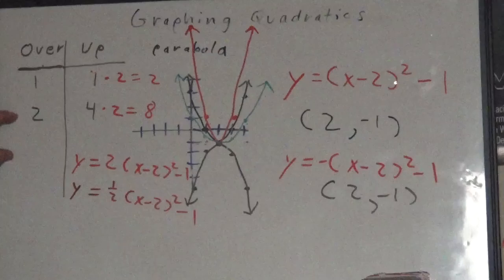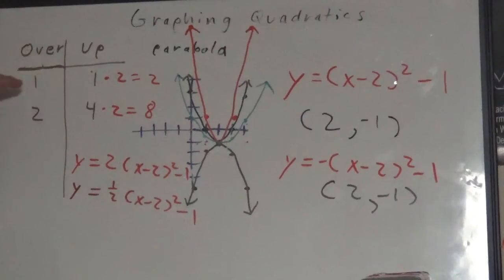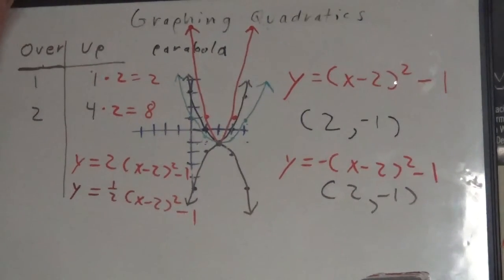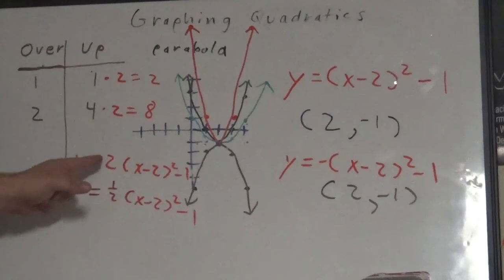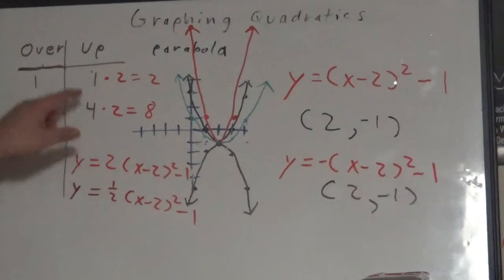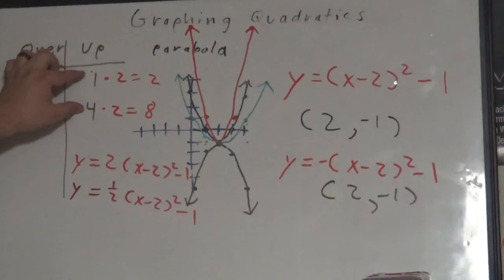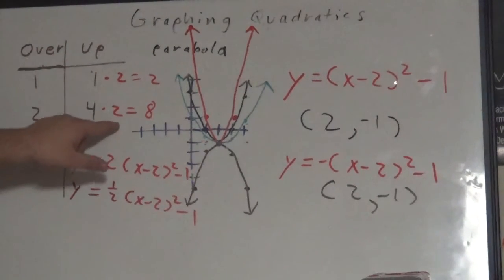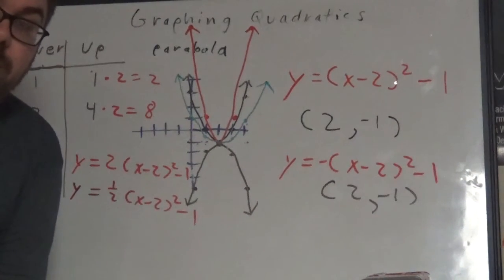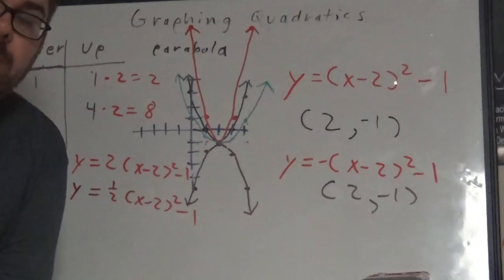Then you follow a basic pattern. Over 1, up 1, over 2, up 4. If it's negative, you'll go down. If it's positive, you'll go up. And if you have a number in front of the parentheses, a coefficient, you multiply the output, the up and down value, by that number. And that's it. If you can find the vertex and follow the basic pattern,